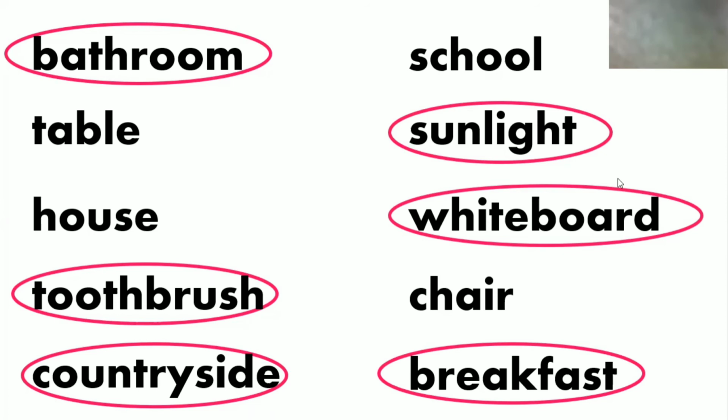For example, bathroom. What are the two words? Bath and room. Toothbrush. What are the two words? Tooth and brush. Next, countryside. What are the two words? Country and side. Next, sunlight. Sun and light. Whiteboard. White and board. Breakfast. Break and fast. So those are examples of